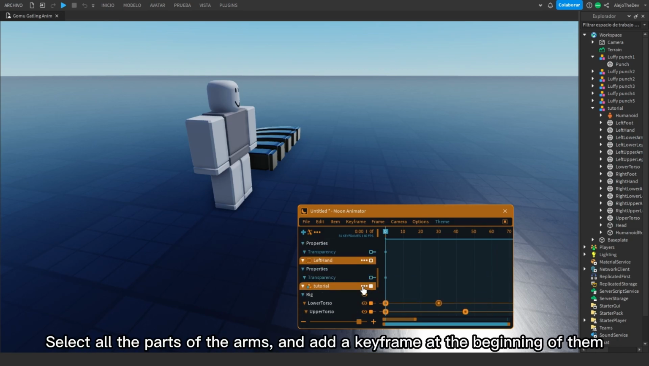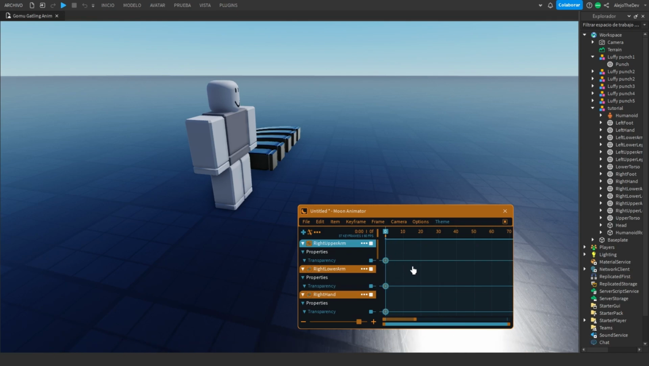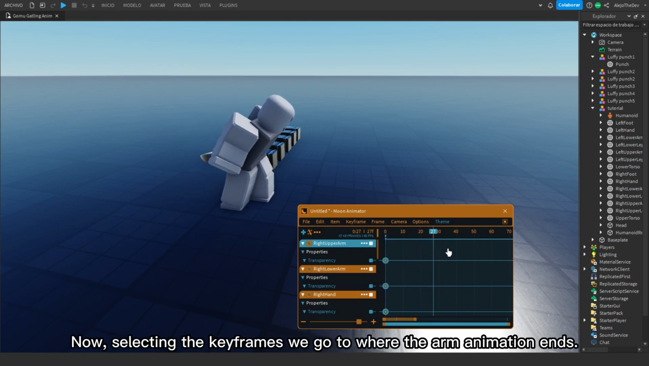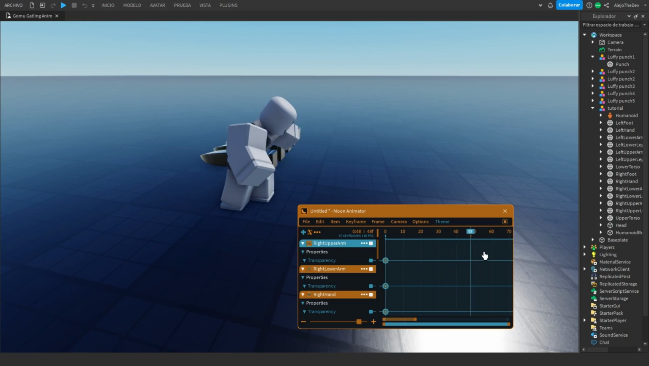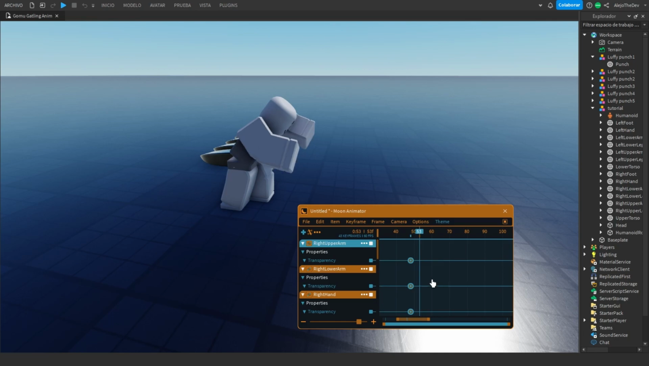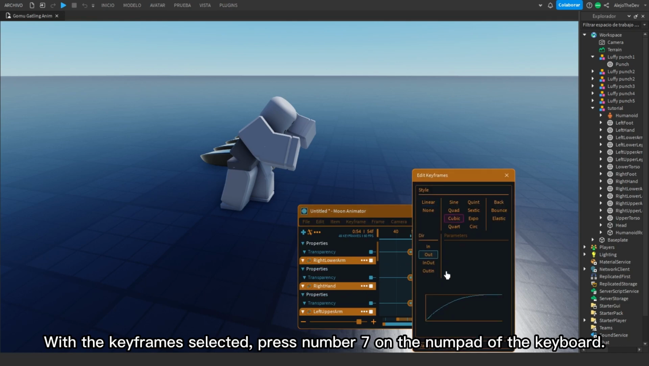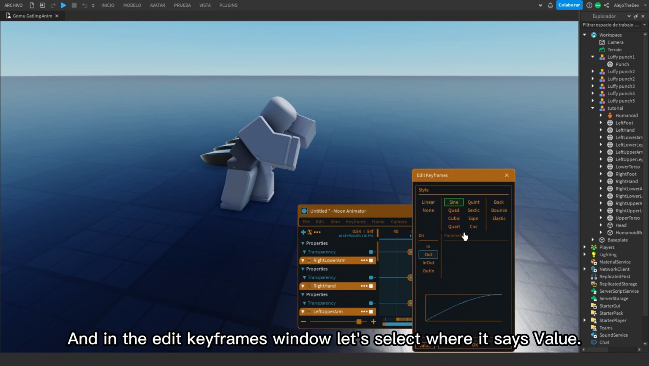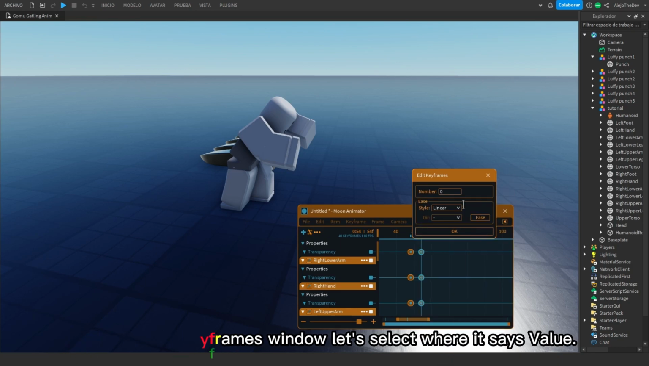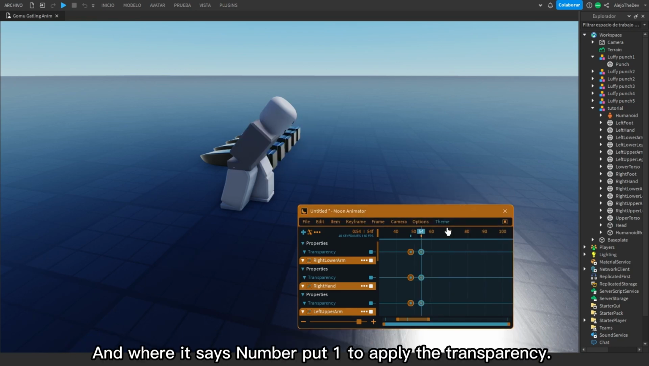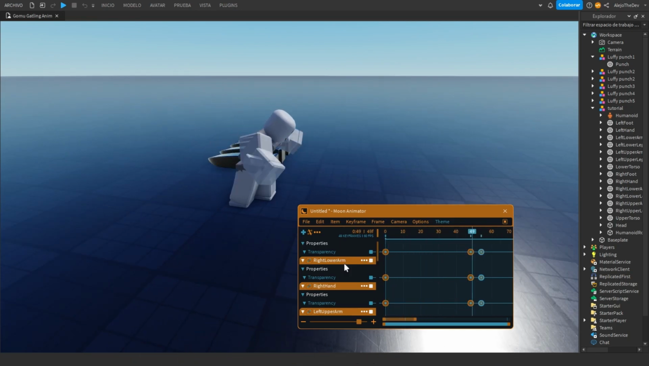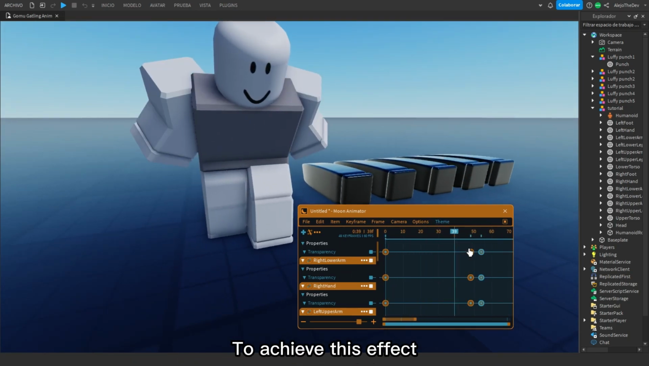Select all the parts of the arms and add a keyframe at the beginning of them. Now, selecting the keyframes, we go to where the arm animation ends. With the keyframe selected, press number 7 on the numpad of the keyboard. And in the Edit Keyframes window, let's select where it says Value. And where it says Number, put 1 to apply the transparency. To achieve this effect,